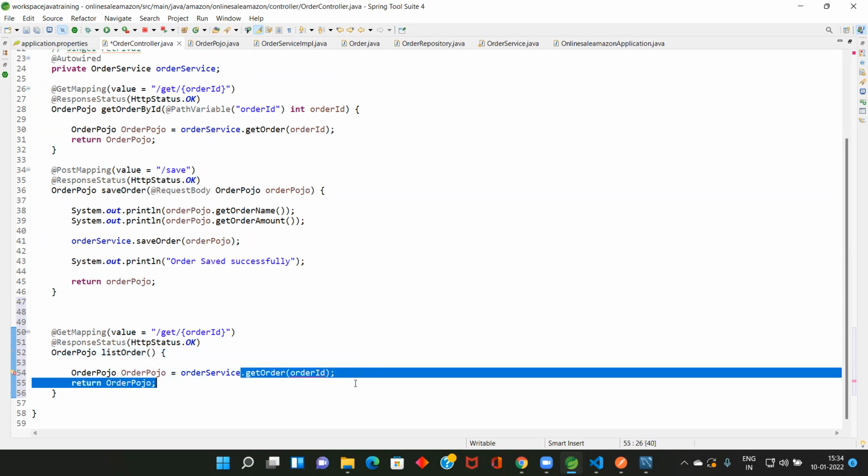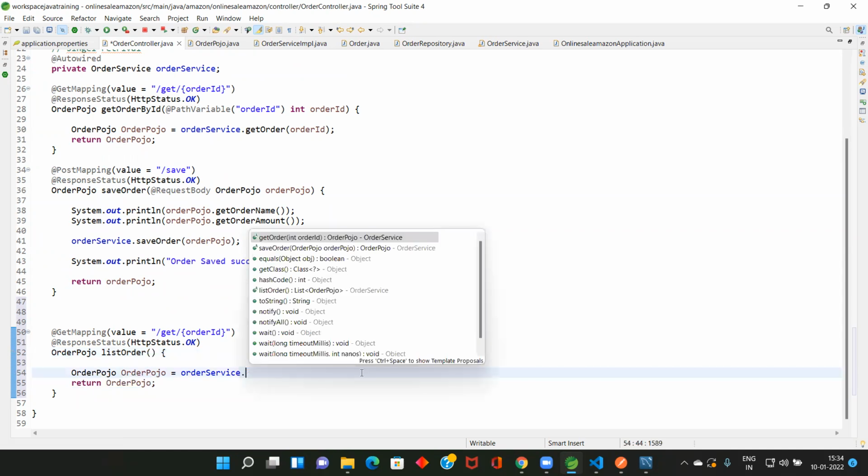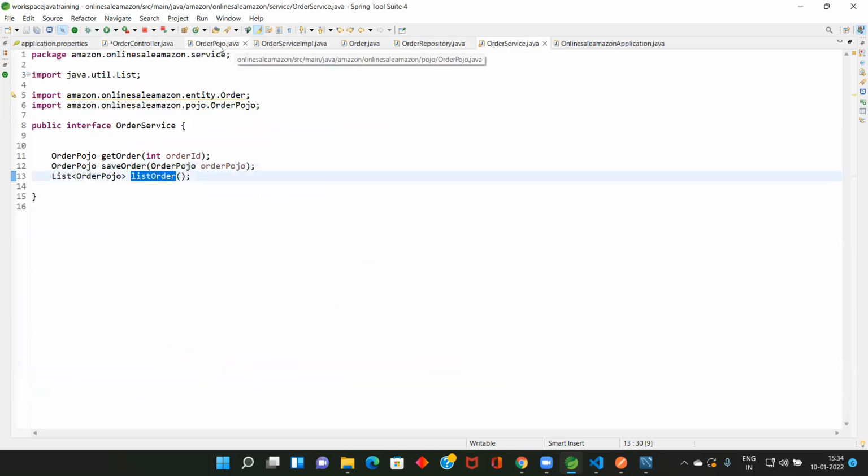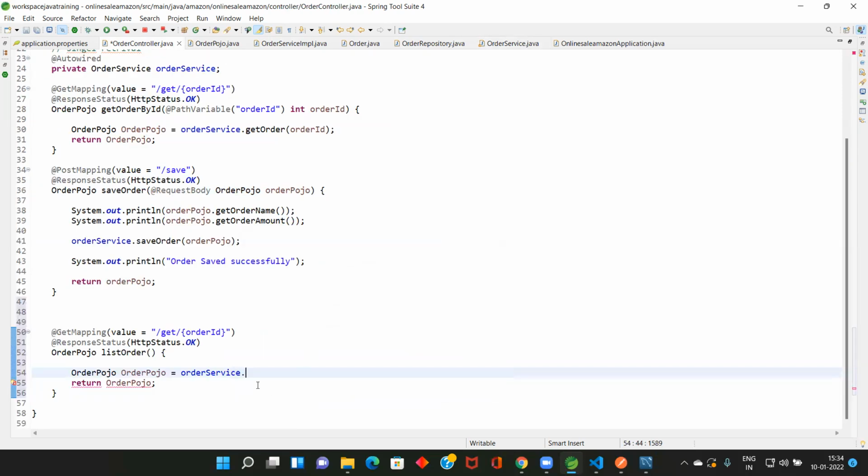Order service dot. What is the method name? Method name list order. List order.